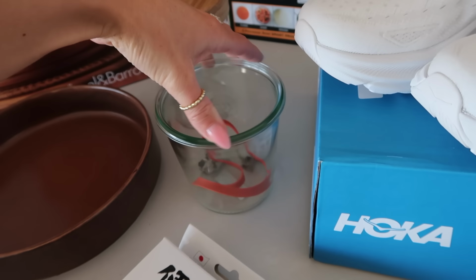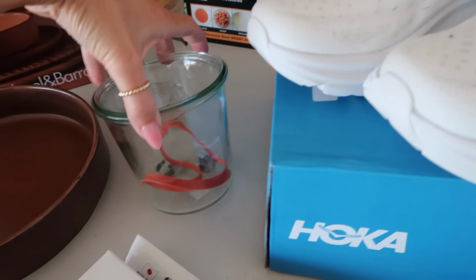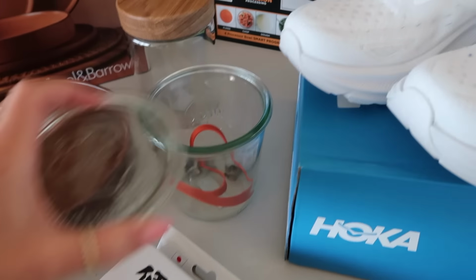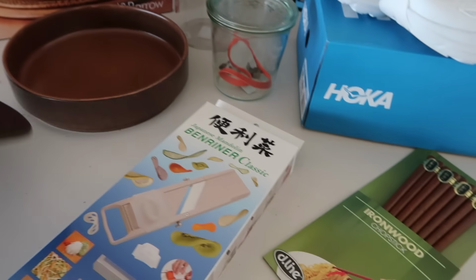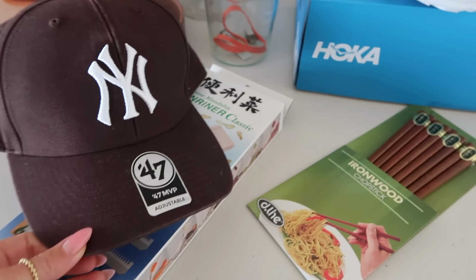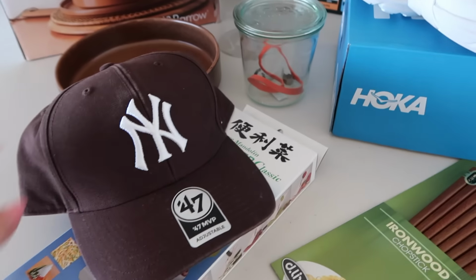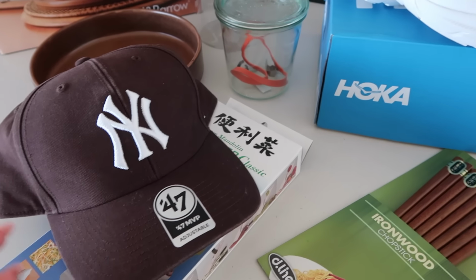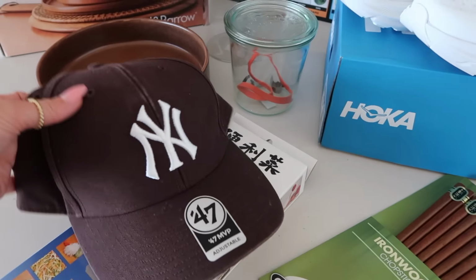You can actually buy these in a 4-pack on Amazon, but I obviously don't need 4, so I saw that they had only 1 on Will and Barrow's website, so obviously I had to head there. Also ended up picking up this cap, which I have in the navy as well, and I love it, and I love the brown. It is a little bit dirty, it was the last one, but I feel like it'll first of all get dirty anyway because I'll wear it lots,